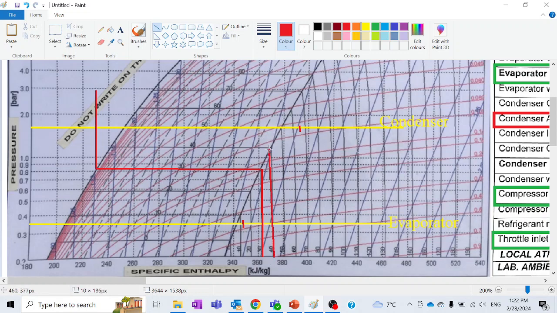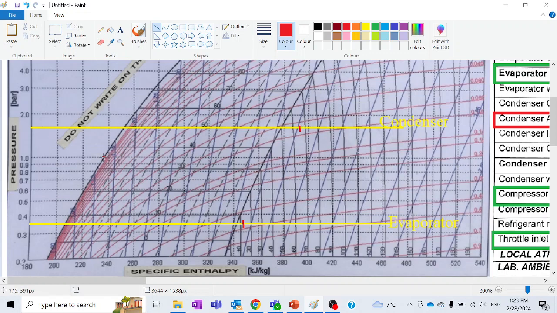A similar pattern will be followed by the 40 degree isothermal line. It should move like that, then inside the region, and when it touches the saturated liquid portion, it will move upward like that. But our desired temperature that we need to trace corresponds to 36. So now let's trace 36. I think this is 40 and this is 30, so it might be somewhere around here, 36. Since we need to trace 36 on the condenser or throttle inlet, we know that the condenser